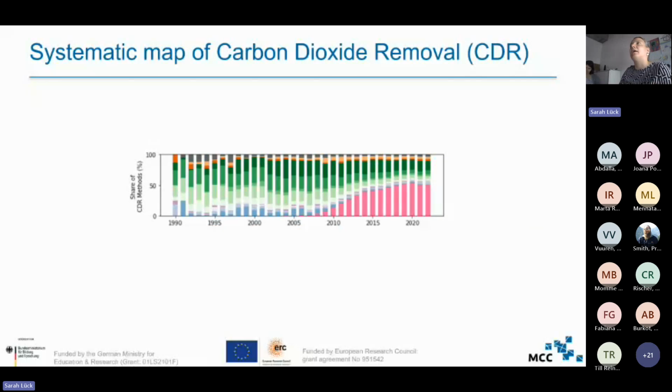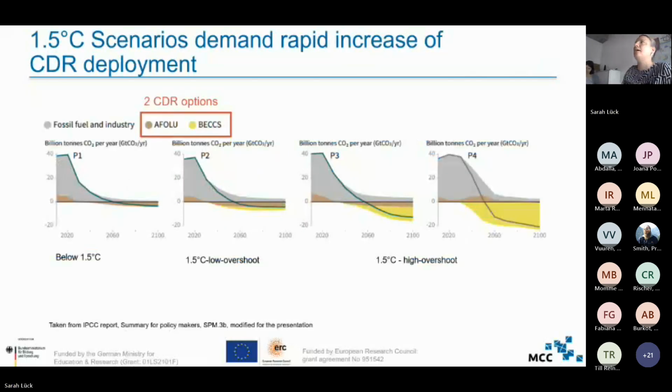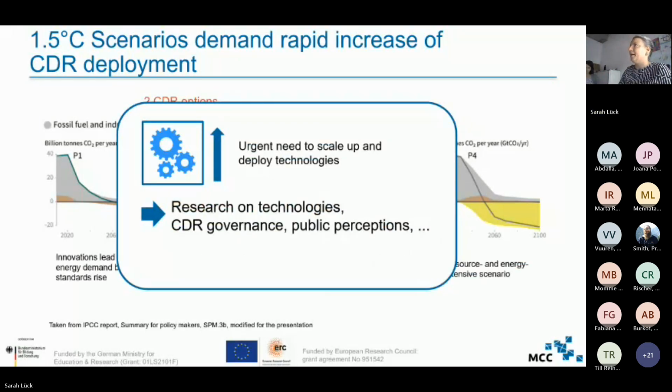We go into our systematic map of carbon dioxide removal. We are here in the CDR community, and we of course know that all the scenarios demand a rapid deployment, that we need CDR in the future. And to do so, we already know that we need an urgent need to scale up and deploy technologies. The first step to do that is, of course, research on technologies and how to incentivize and facilitate deployment of CDR, basically how to govern CDR deployment on CDR in general. And also, what does the public think about that? And all those things